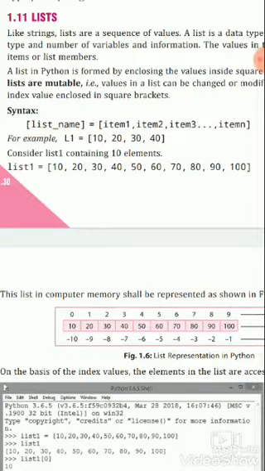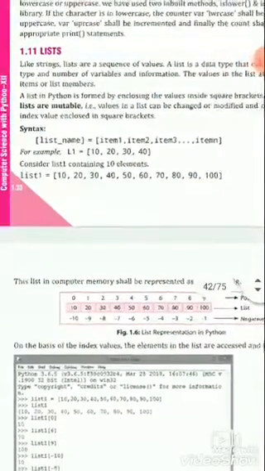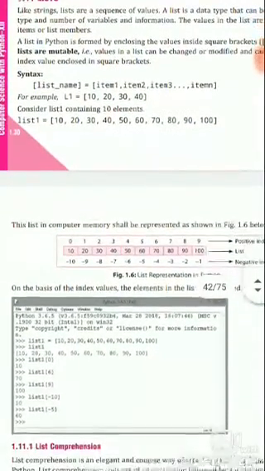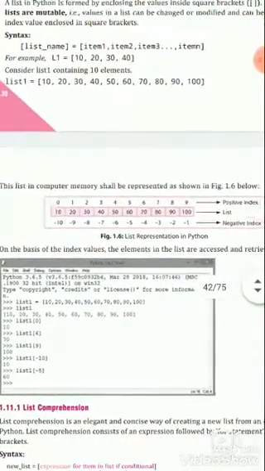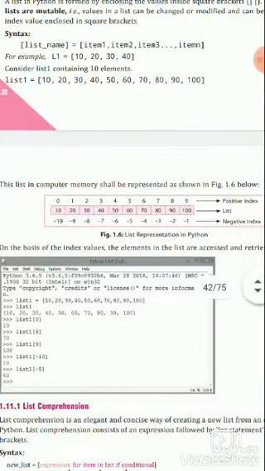Here we see a list 10, 20, 30, 40, 50, 60 up to 100, and let's see how indexing of a list works. Same as strings, when elements are indexed from left to right, it is called positive indexing, and when right to left, it is negative indexing.